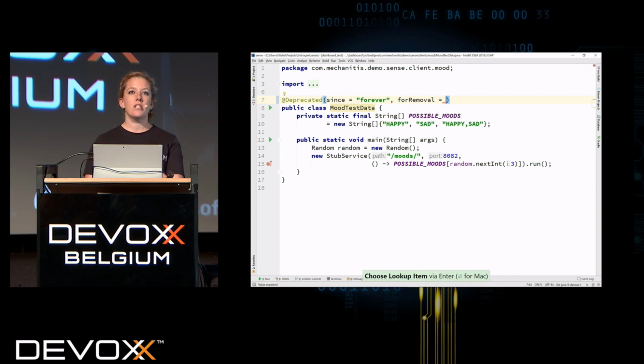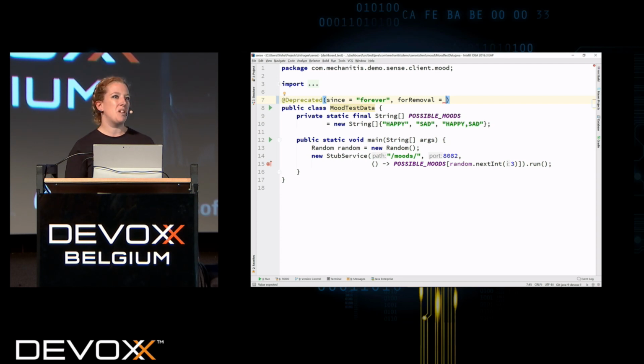forRemoval. So there's kind of two ways of doing deprecation. Certainly there's kind of an unspoken standard that things, particularly in the Java libraries, are deprecated, as in don't use it, but it's still there, and it's going to be there forever. But when you're actually using other libraries, often when they say deprecated, it's like, this is deprecated, and it will go away next release, so get rid of it. So you can say forRemoval true. And there's another nice area around deprecation, which you may have noticed.